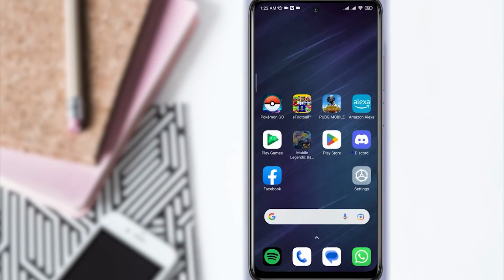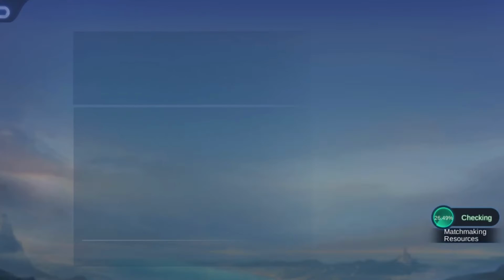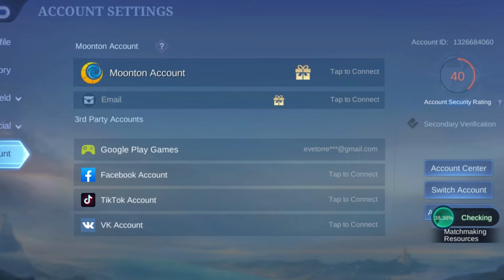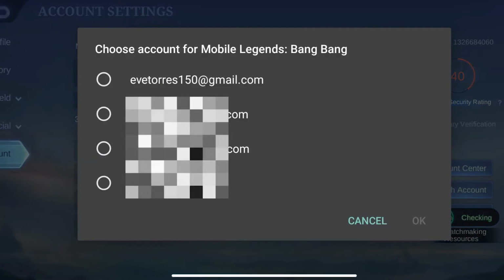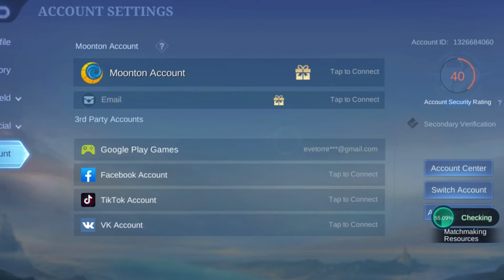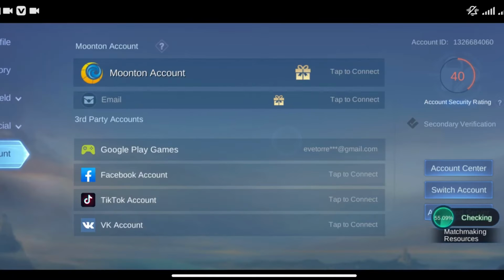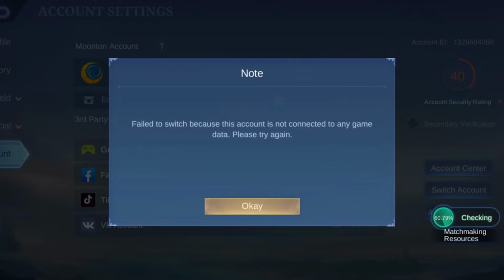Recent premium Mobile Legends gamers have been complaining. Unfortunately, they can't switch their Mobile Legends account from their device, which shows "Failed to switch because this account is not connected to any game data. Please try again." Now if you find that you can't switch your Mobile Legends account and it keeps showing you an error,